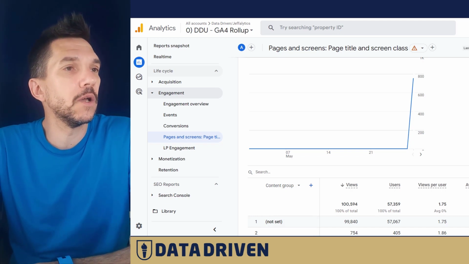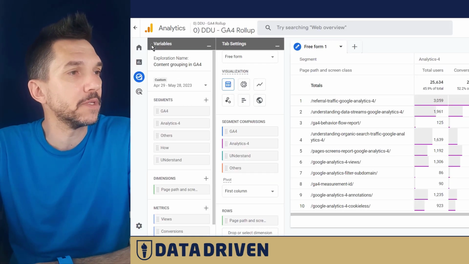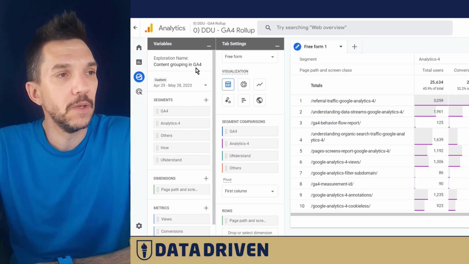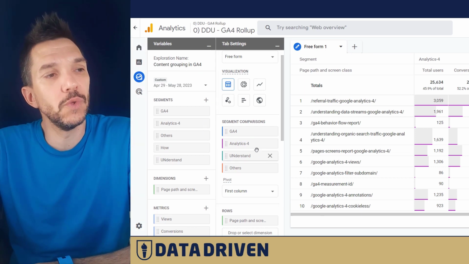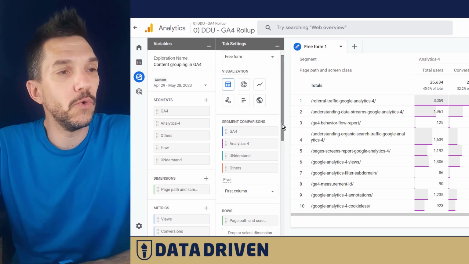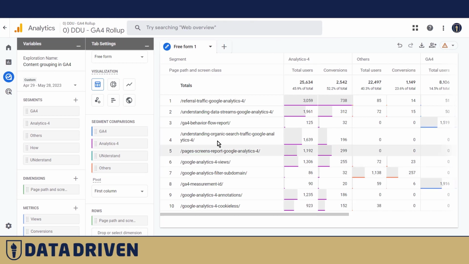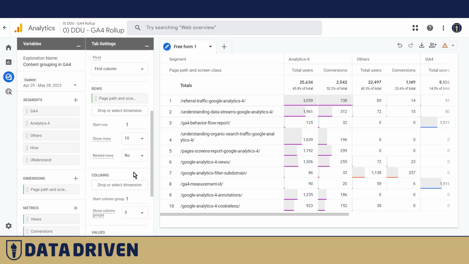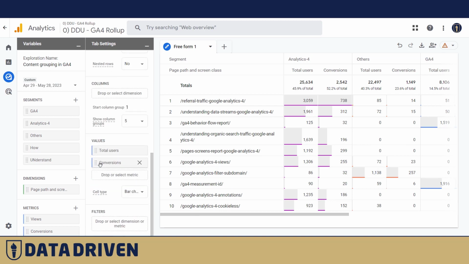Instead, we're going to go into exploration reports that I created for this particular demonstration. I'm going to show you the end result first, and then I'm going to go step by step through the creation of this exploration. So basically, we're looking at the page path dimension here, analyzed for total users and the conversions that happen